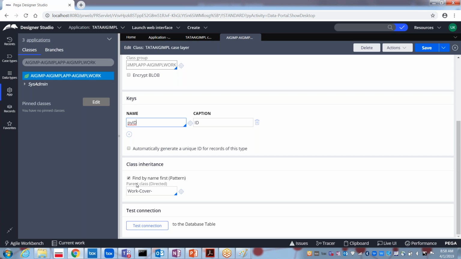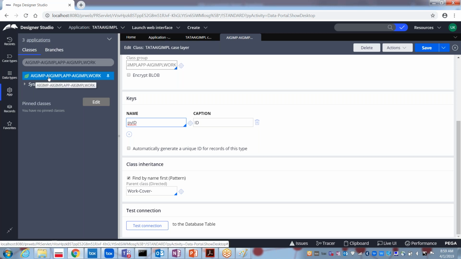As I said, we mainly have two types of inheritance: pattern inheritance and direct inheritance. So pattern inheritance means what? Currently this class is AIGIMPL app hyphen AIGIMPL work. So here, how many classes does it contain?